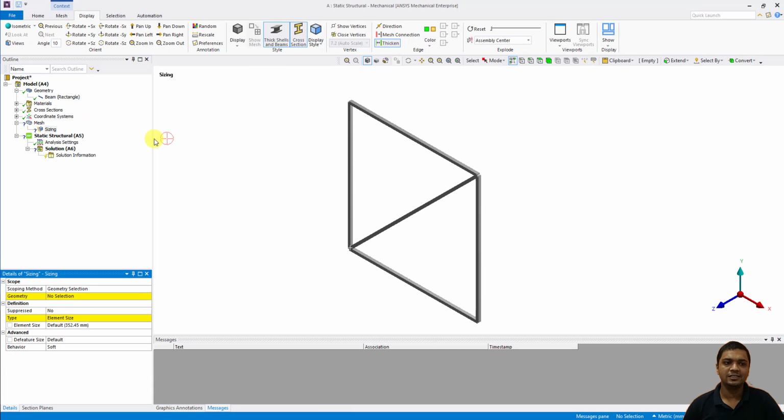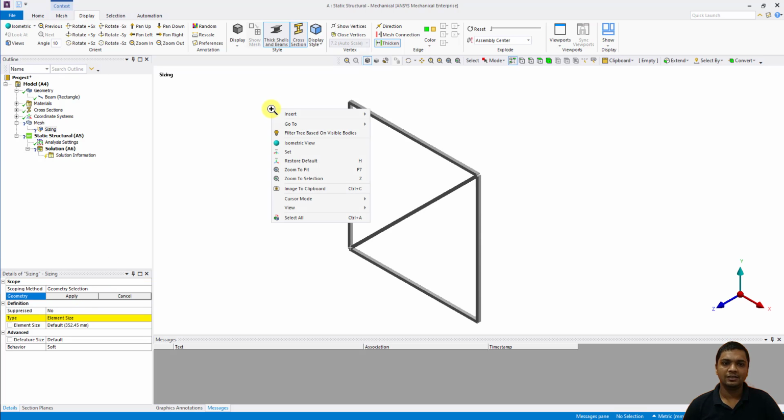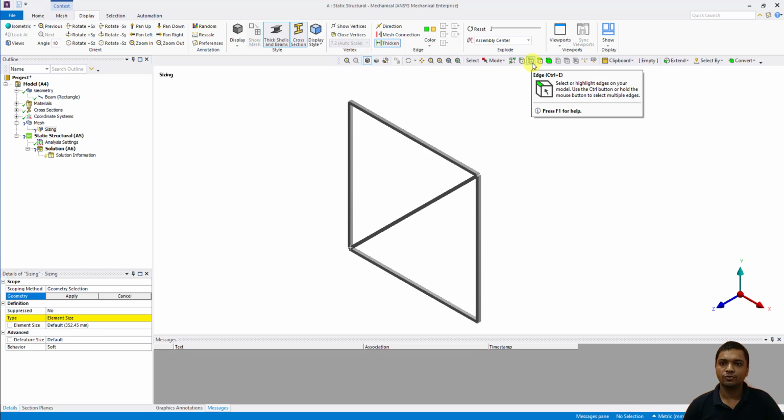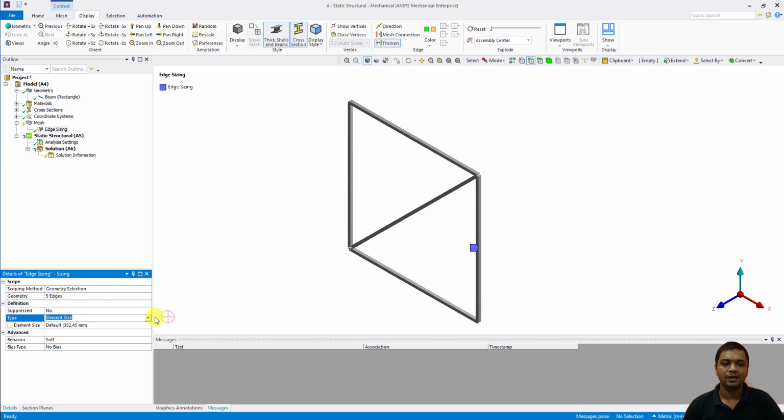I will insert a sizing so that for each element there will be only a single division. I will go to the edge filter mode and say Select All. So I will select all the edges and say Apply. Instead of type, element size, I will say number of divisions. So for each edge I want one division. It means for each line body I want only one division, one element which is having two nodes at